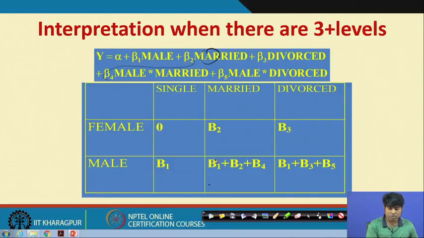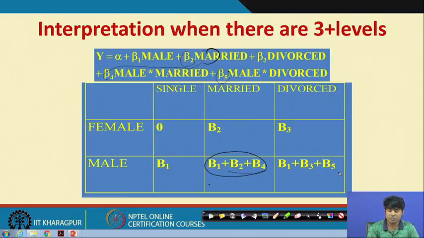So, that means this is the male, then male married, and then the interactive effect. If it is not, then by default for the female concept the married term will be 0. So, beta 2 will not be there, and when we put married equal to 0, by default the particular component will be removed, and then only one single component will be added into the process. Similarly, in the case of divorce, beta 3. When divorce is yes, beta 3 will be added into the process, and then by default the interactive effect will come into the picture.